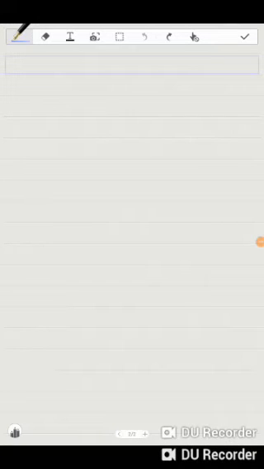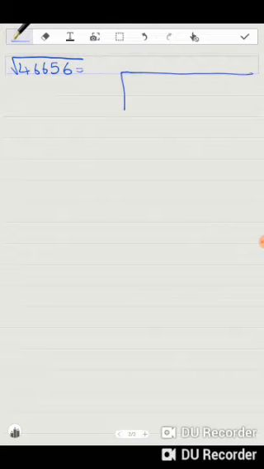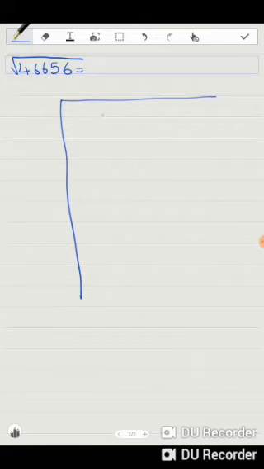Now let us understand how we will find the square root of a number which has an odd number of digits. So if they ask us to find the square root of 46,656, then I'll find it in the same manner as we did earlier. Let me make this one. So I'll write here